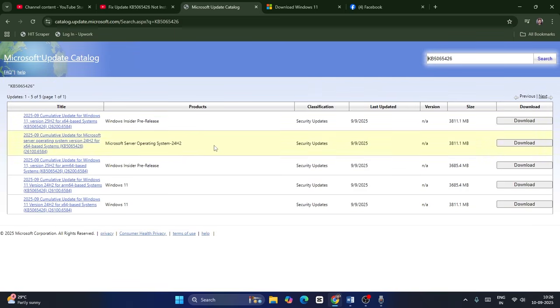So based on the x64 processor one, you have to go over here, click on download for the respective file, then you have to install it and check, and that might work. In most cases that might work. Next one,